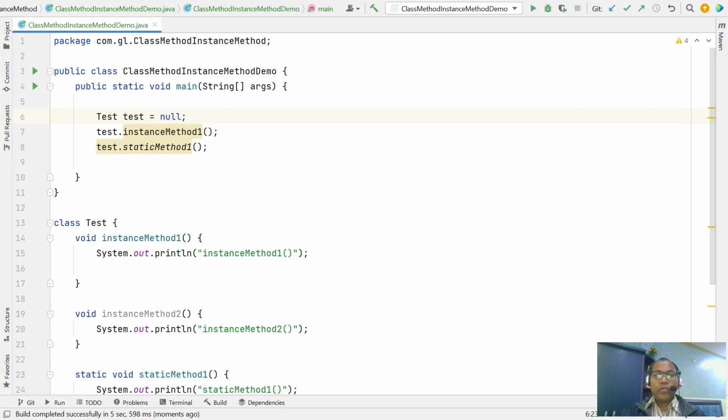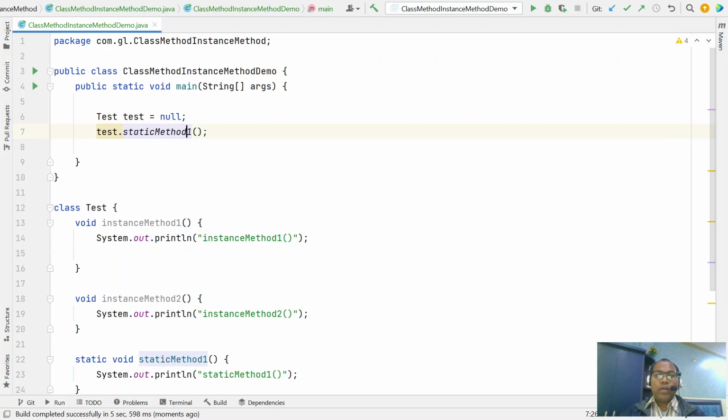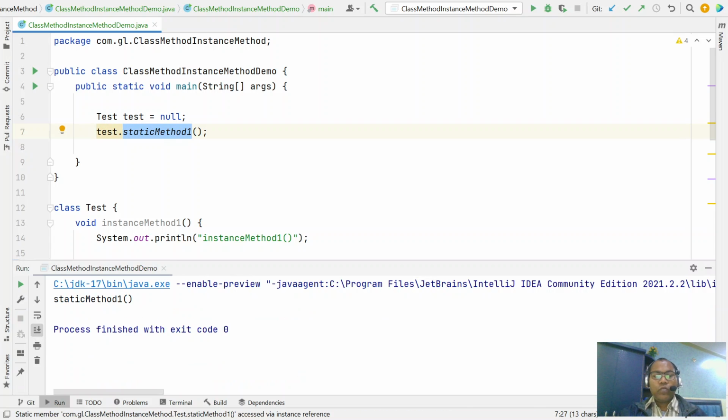So what can we do? If we comment this out and run it again, this code will run. That means a static method can be invoked from Test without initializing any object.